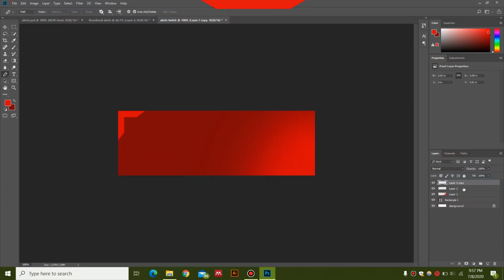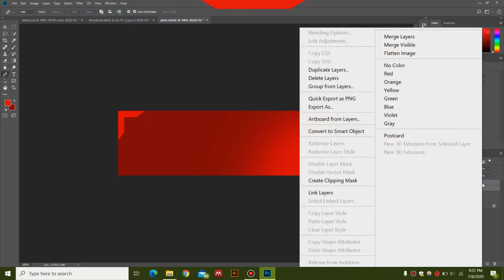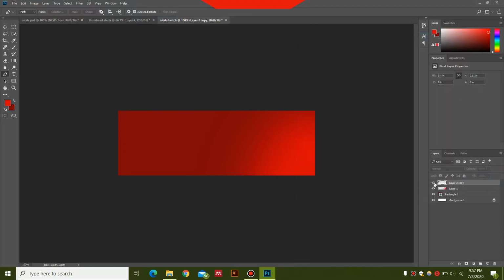So once you're happy with this, you just need to go ahead and select both of these design layers, right click and select merge layers. So this will be one single design. The next thing you want to do is just double click on this blank space over here for this design,